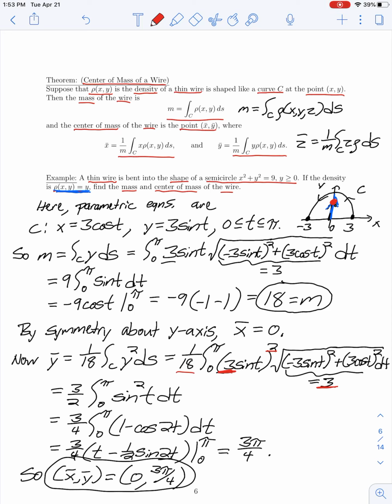Now in the next part of this section, we'll start talking about integrating vector fields over a curve and talk about some applications of the integral of a vector field with respect to arc length, or we can define line integrals of multivariable functions over curves with respect to x, y, or x, y, and z. So we'll see those definitions and the idea of the line integral of a vector field in the